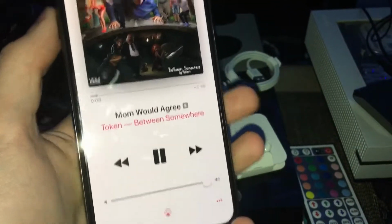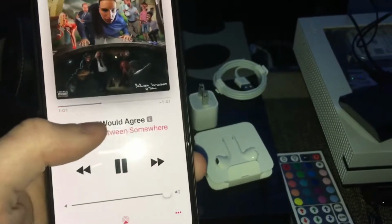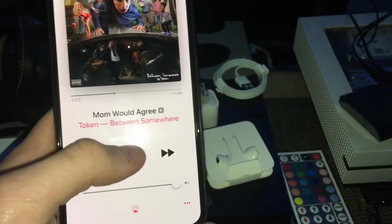Love the way these buttons sound. Yeah. I deserve all of the love. I deserve all of the cheese. I deserve all of my wishes. I deserve all of my...